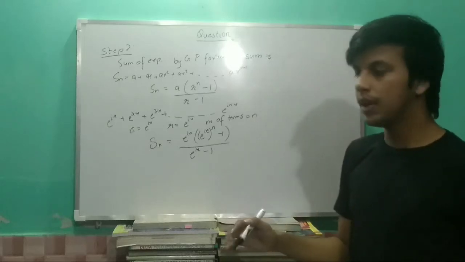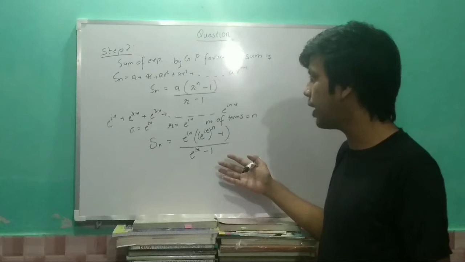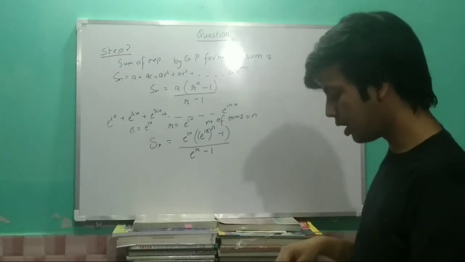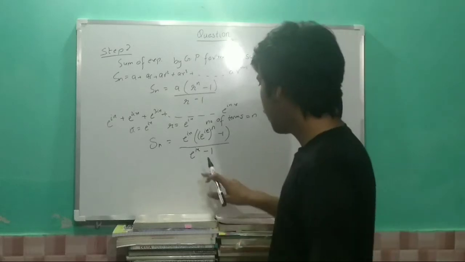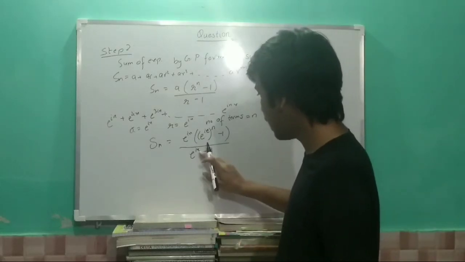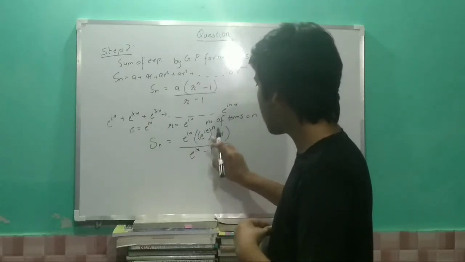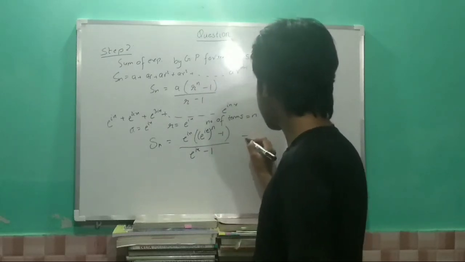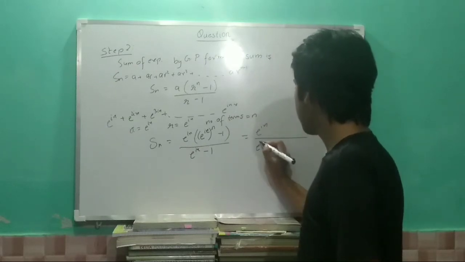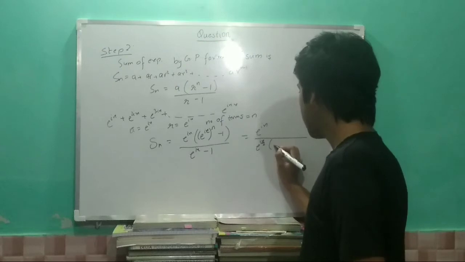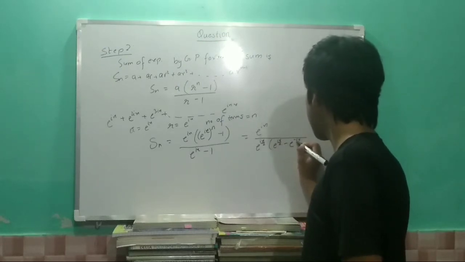So we are converting this many exponential forms into one exponent to compare with the given equations, for step 3. So let us take e to the power ix by 2 common from this and from this. In the next step it will become e to the power ix over e to the power ix by 2, e to the power ix by 2 minus e to the power minus ix by 2,